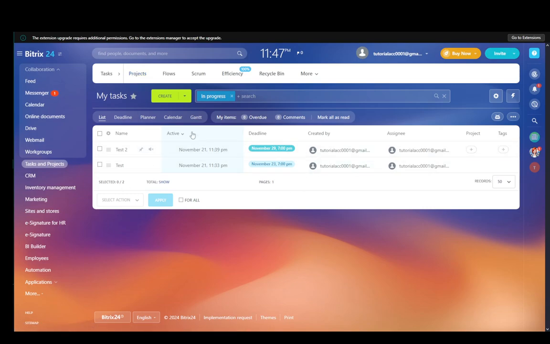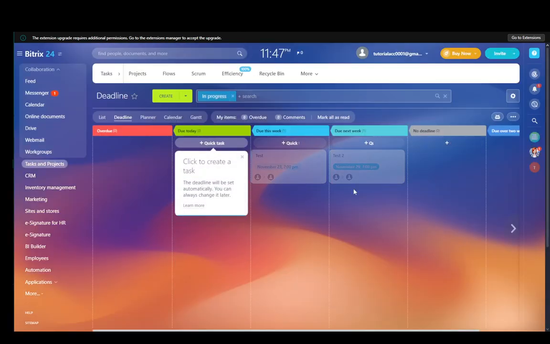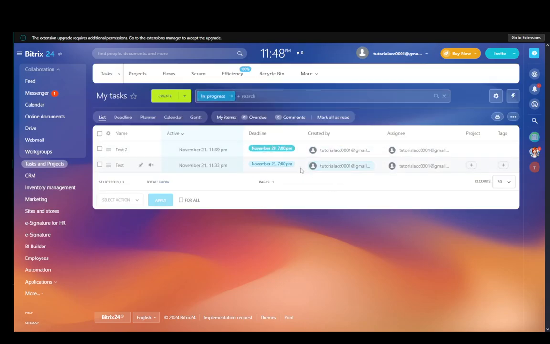Now, what I'm going to show you first is how to create general tasks, and to do so, just get to this list, select the view which you want. It really does not matter which view you select. You'll just see all the tasks over here, and depending on the view, you can create quick tasks, as you probably saw the buttons over there, but I'm just going to go ahead and create a